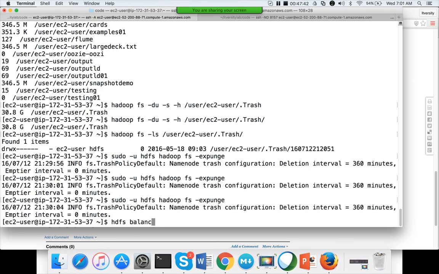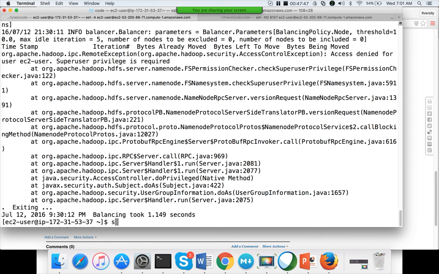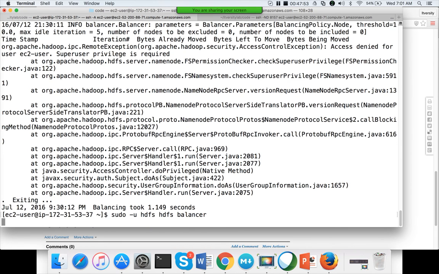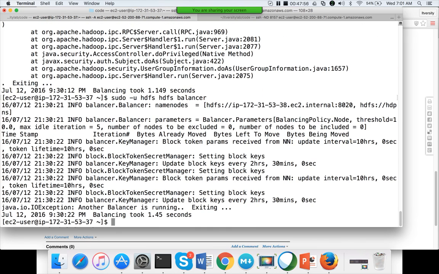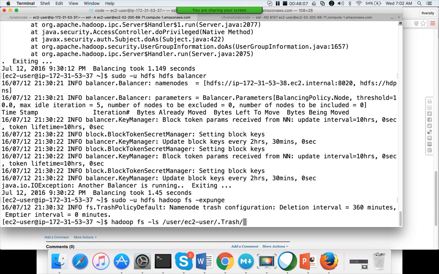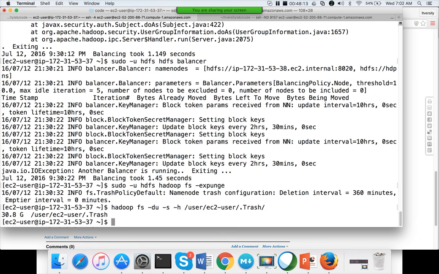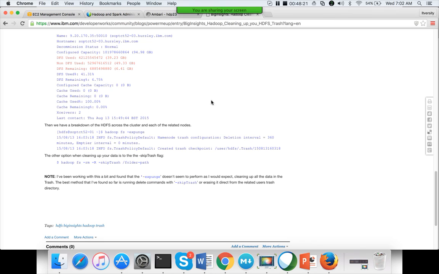hdfs balancer. sudo -u hdfs balancer. Okay, let me do this.